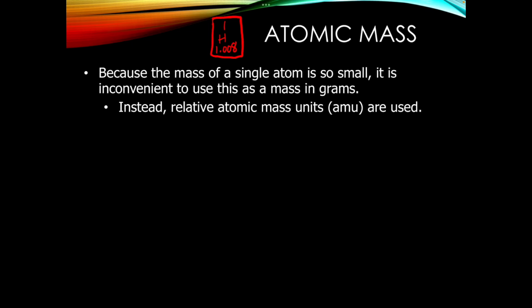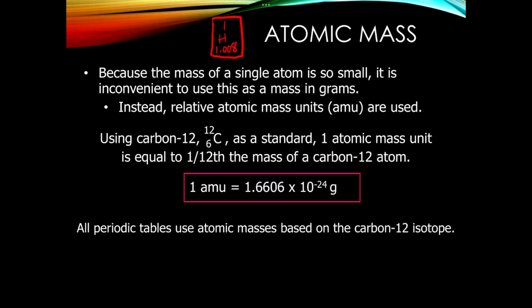But the scales in the back of our labs will measure things in grams. So like you could put your pencil on the scale and it would tell you some number of grams. We use grams for things that we can hold and carry around. But atoms are so small we can't see them with the naked eye, so it doesn't make sense to talk about their mass in grams because they are so small. So instead, we use relative atomic mass units, or this AMU as it's abbreviated.